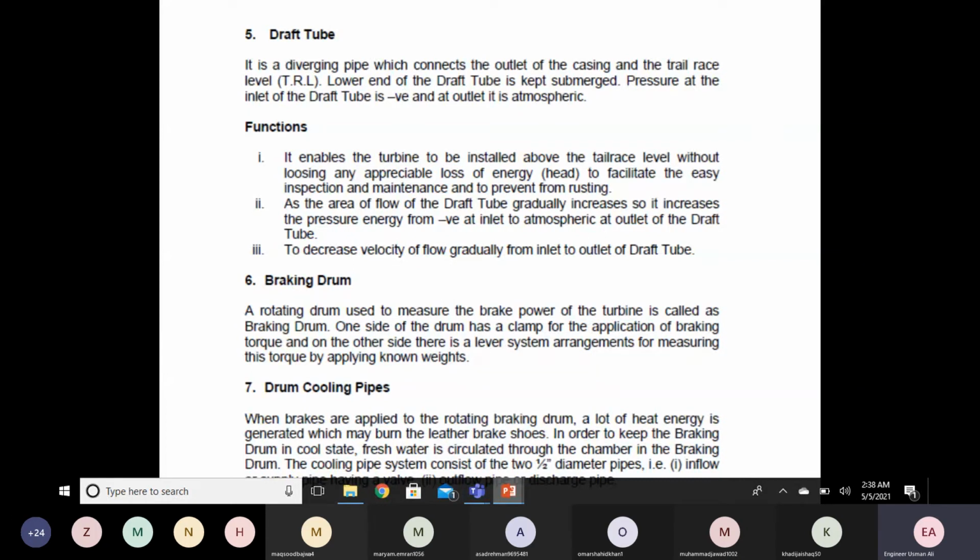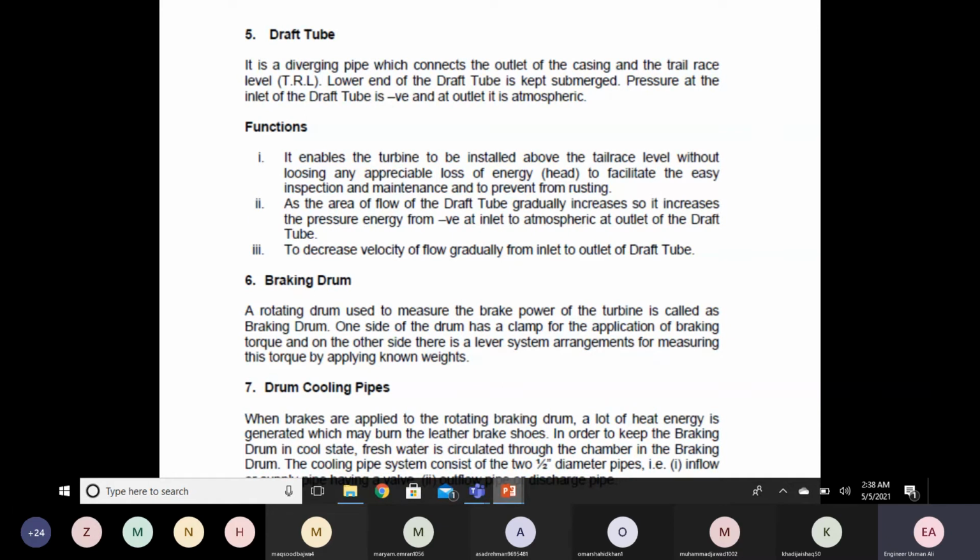Secondly, as the flow area of the draft tube gradually increases, it increases the pressure energy from negative at inlet of the draft tube to atmospheric at the outlet of the draft tube. चूँकि इसका एरिया ग्रेजुअली बढ़ रहा है, तो इनलेट पे इसके नेगेटिव प्रेशर होता है और आउटलेट पे वो एटमॉस्फेरिक प्रेशर होता है। तो इसको ग्रेजुअली चेंज करने के लिए नेगेटिव टू एटमॉस्फेरिक हम इसको ग्रेजुअली एरिया को बढ़ाते हैं।